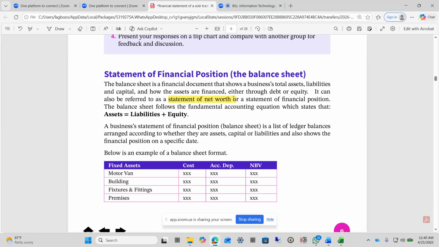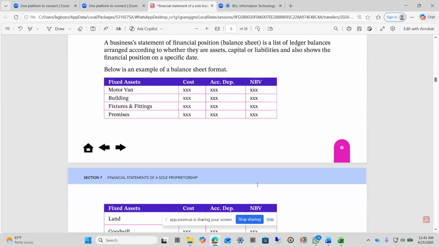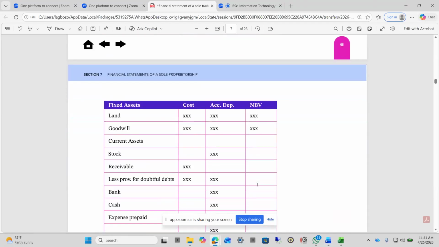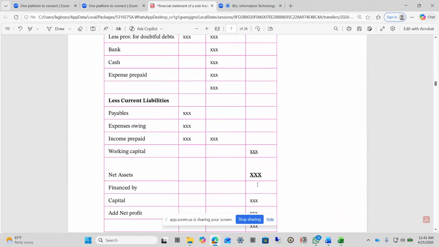But we have bypassed that. We know about that already. So let's look at